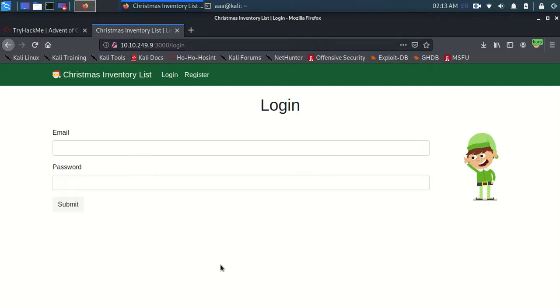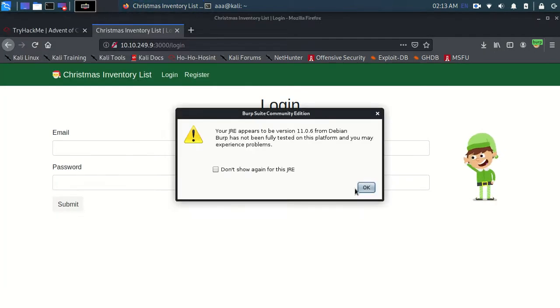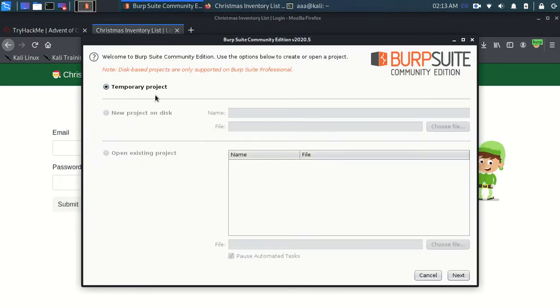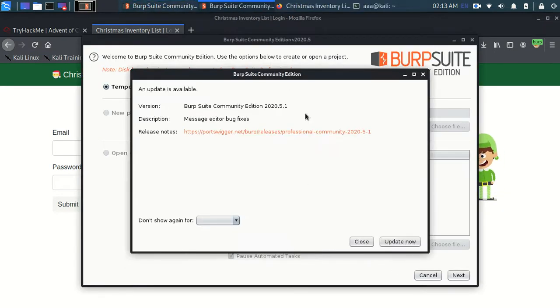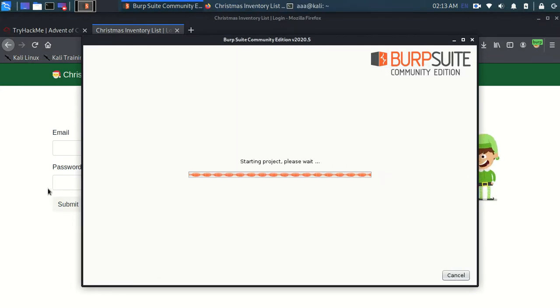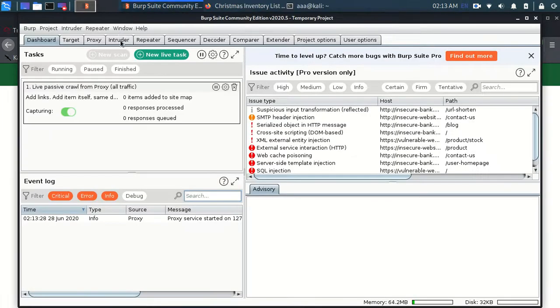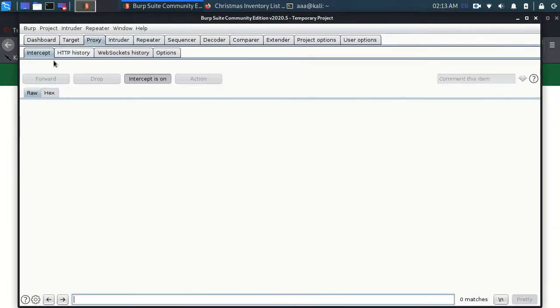Hello guys, so today we'll do cookie manipulation using Burp Suite. Let's get started and let me fire up my Burp Suite. There is this update which I will put a link to in the description box, on how to update Burp Suite. I'll close it for now and start Burp Suite. So this is the website which we need to use cookie manipulation on, to log in as someone else maybe.